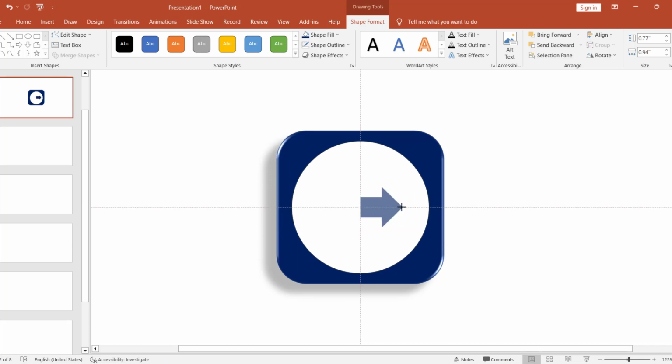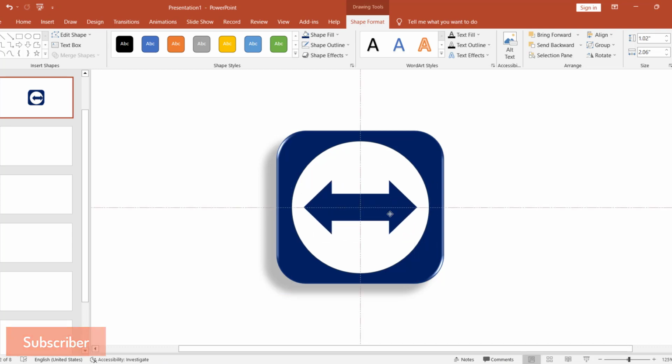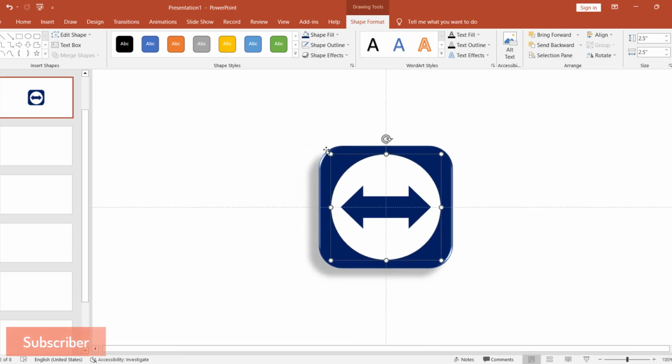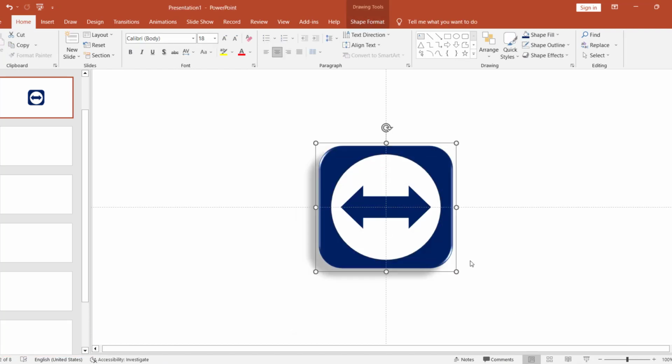Okay, and paste, Control D, and rotation, and middle shape, and group objects, and Control G for group objects. Okay, Control G group objects, and zoom the object and select all and Control G group object,